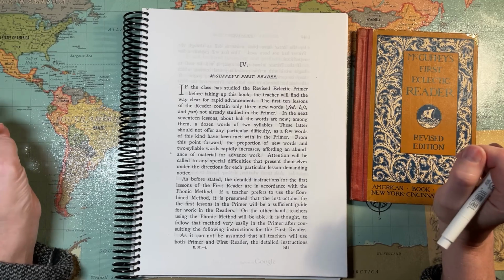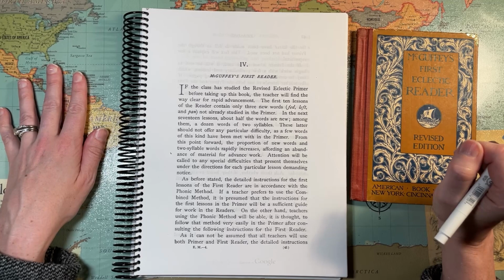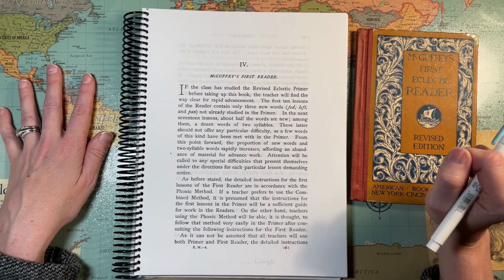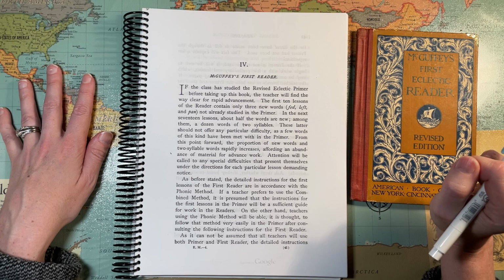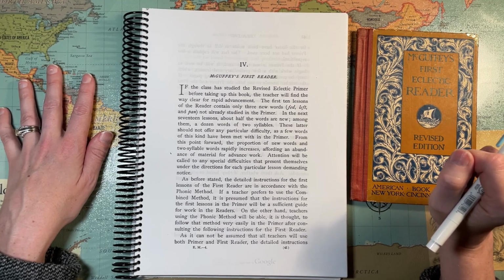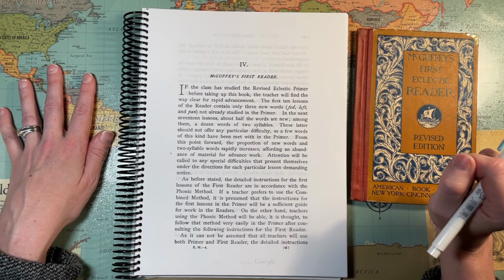In the next 17 lessons, about half the words are new, among them a dozen words of 2 syllables. These latter should not offer any particular difficulty, as a few words of this kind have been met with in the primer. From this point forward, the proportion of new words and 2-syllable words rapidly increases, affording an abundance of material for advanced work. Attention will be called to any special difficulties that present themselves under the directions for each